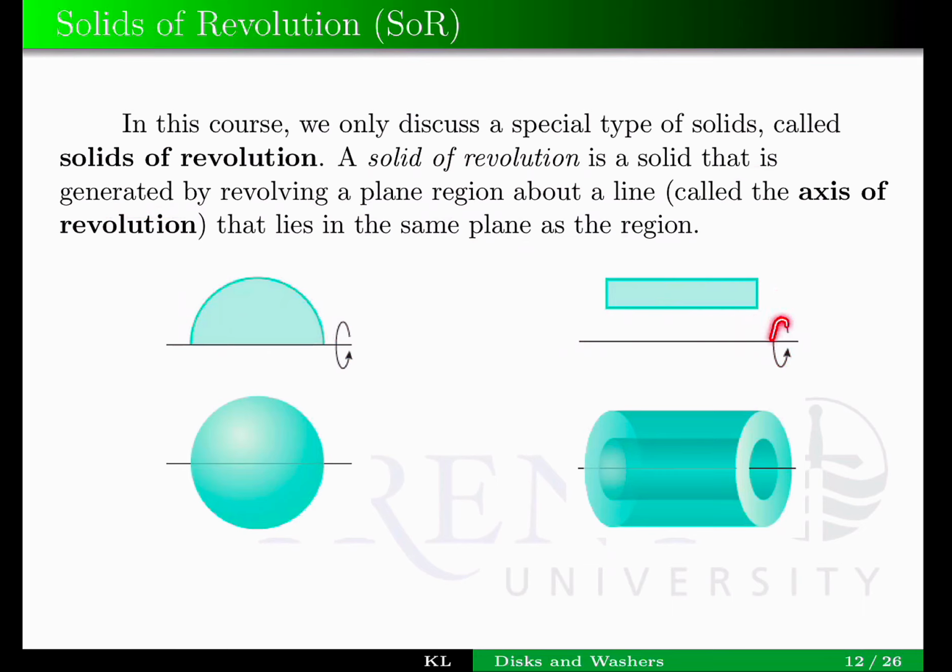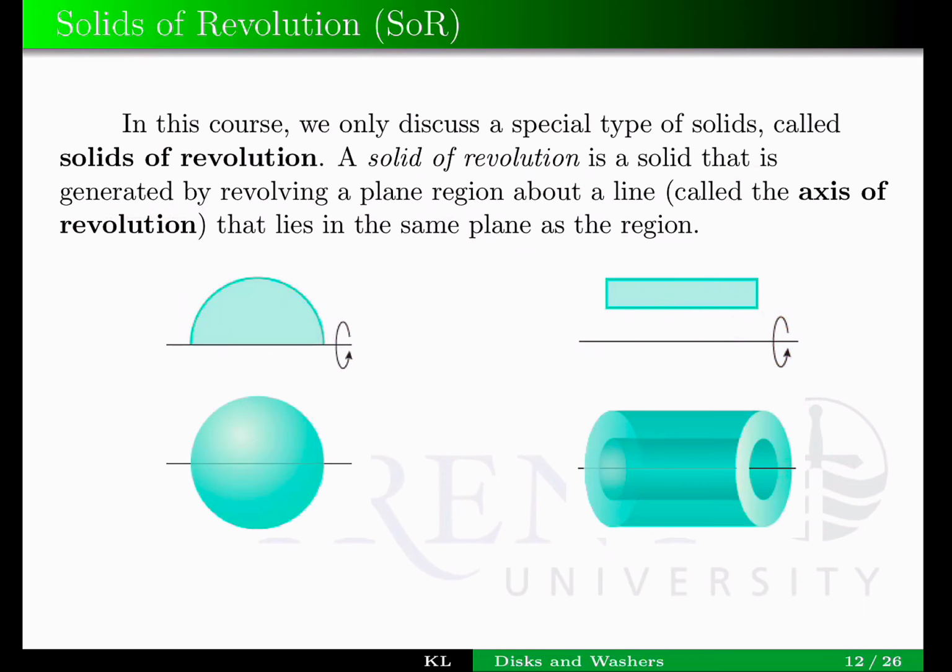So after revolving this, we will be able to create a tube-like solid. So there is a hollow here in the middle. So this is our solid of revolution. It's also a right